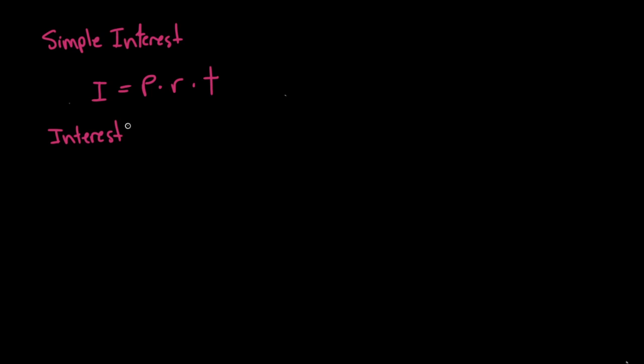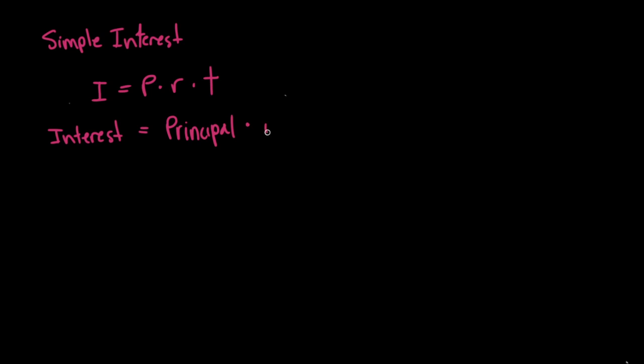Let's take a look at some more complicated equations related to the percent times the whole equals the part equation. And this will be a calculation of simple interest. Simple interest is essentially if you were to take a loan from somebody, you pay a certain amount of interest over a certain amount of time. And that simple interest equation is calculated where I equals P times R times T. In other words, the interest that you earn, or that someone will earn from borrowing or lending out money, equals the principal